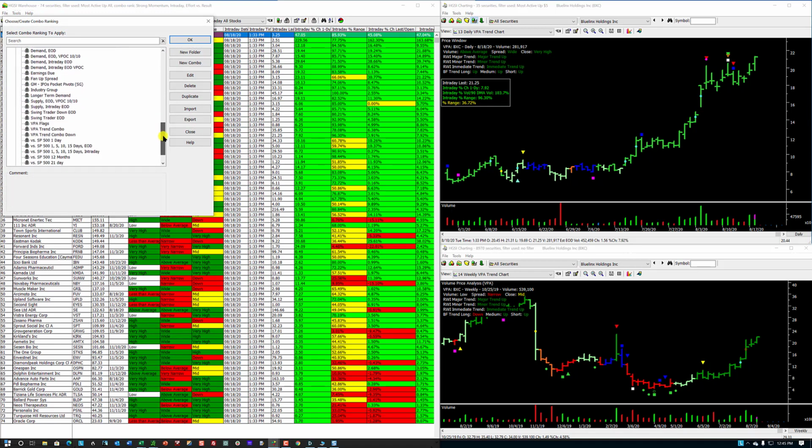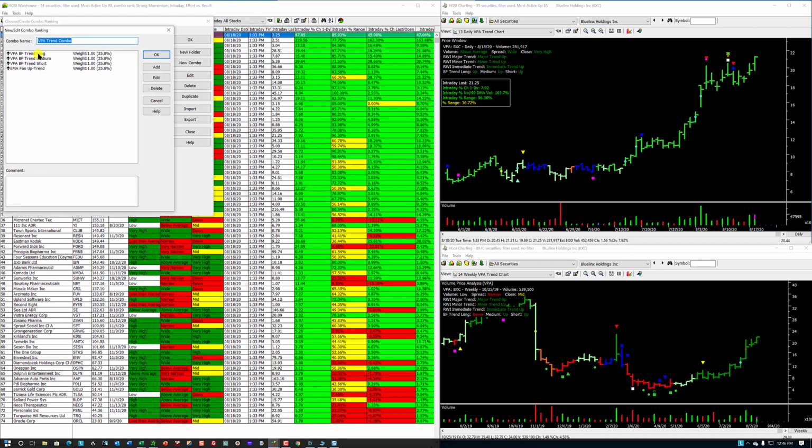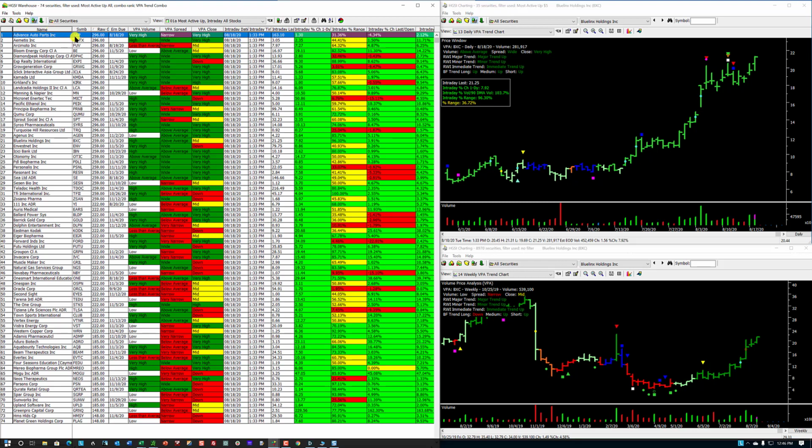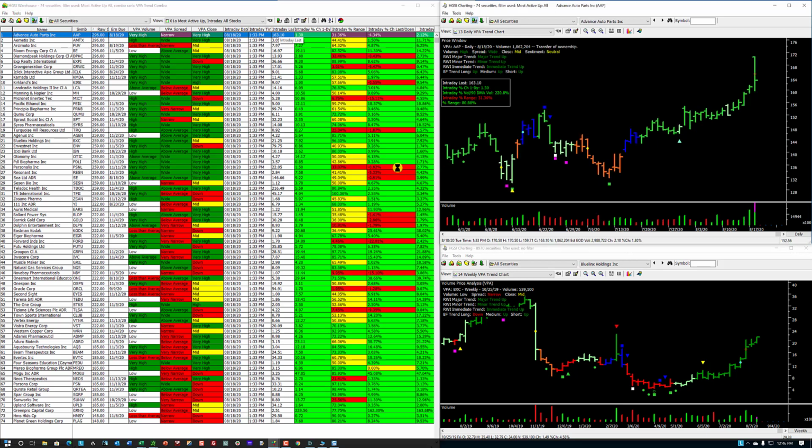I'm looking for something that is called VPA Trend Combo. What it does is it looks for these best fit trends. I've weighted these all at 25%, including the EMA fan uptrend. I'm going to click on that, and this gives me the stocks, or the trending stocks, come towards the top